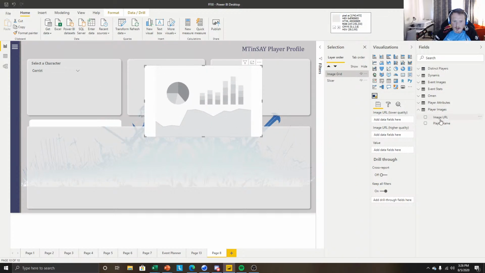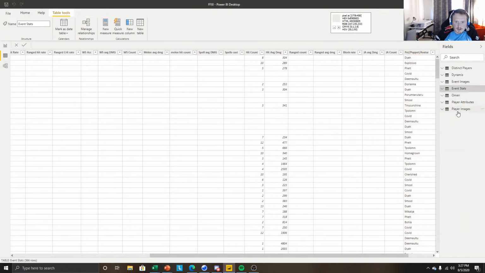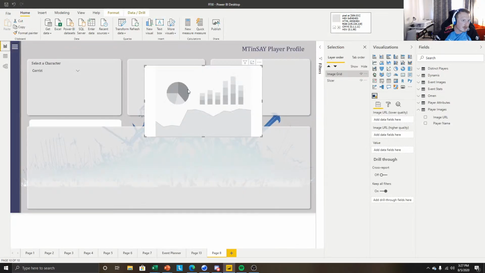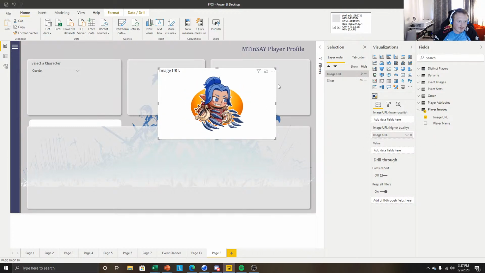And then since last week, I actually went and got and mapped out these image URLs because I didn't want to bore the video with that piece. But essentially, I have every player and then the URL to the profile picture, and in the case where they don't have one at this point, then it'll render like a silhouette type image that one of the members drew for us. So if I pull in image URL here, see a really cool image pops up,